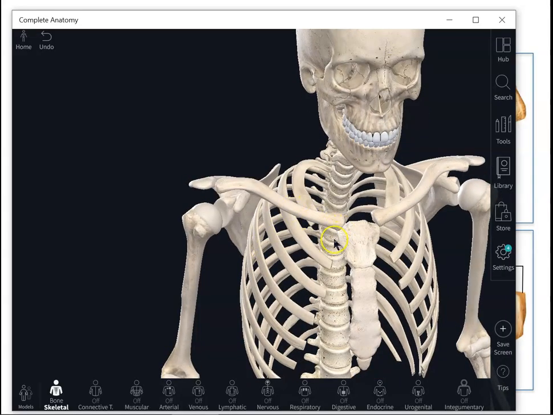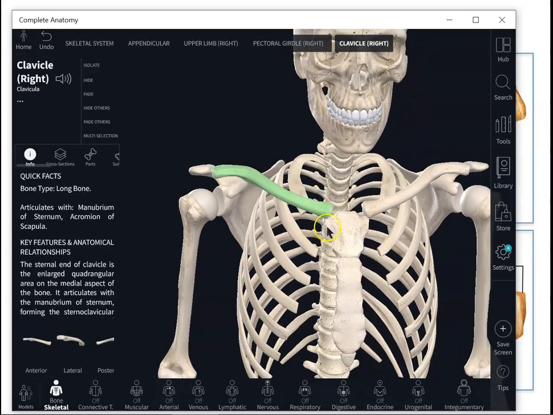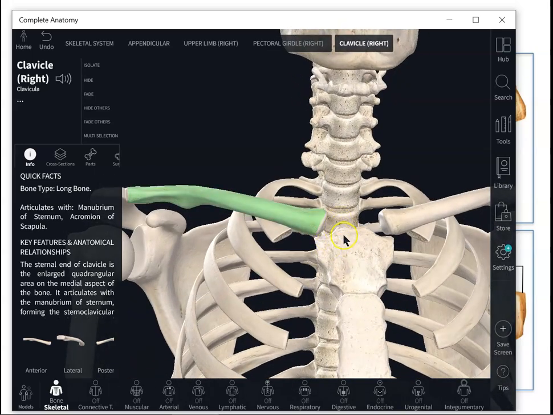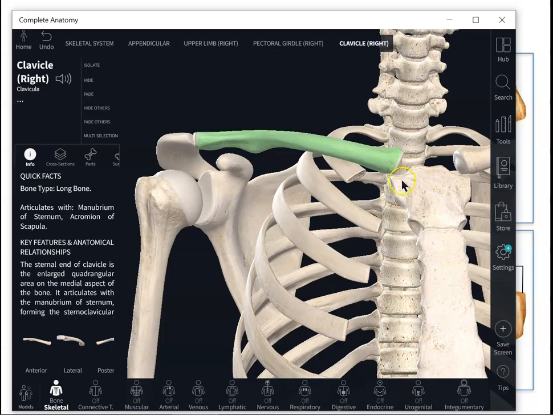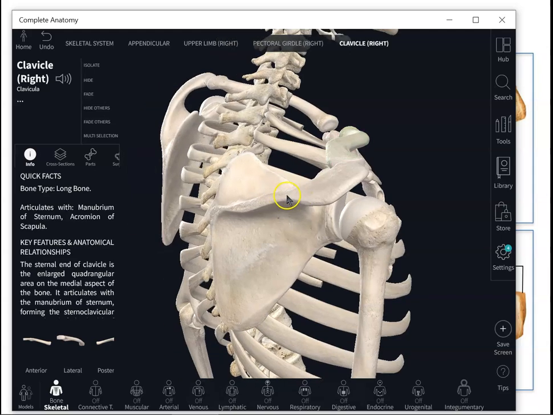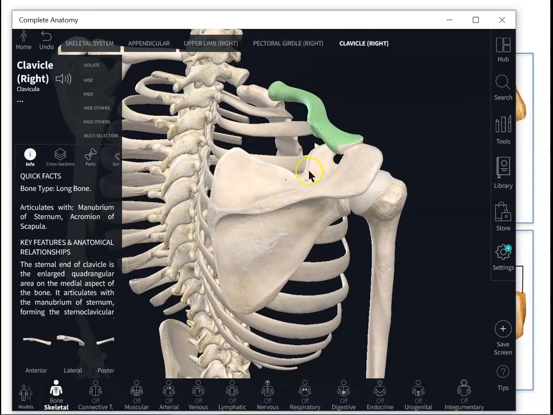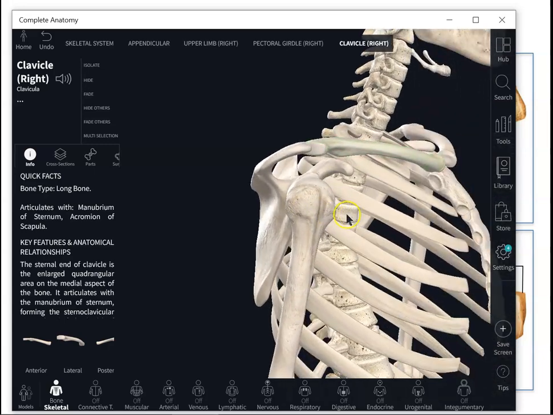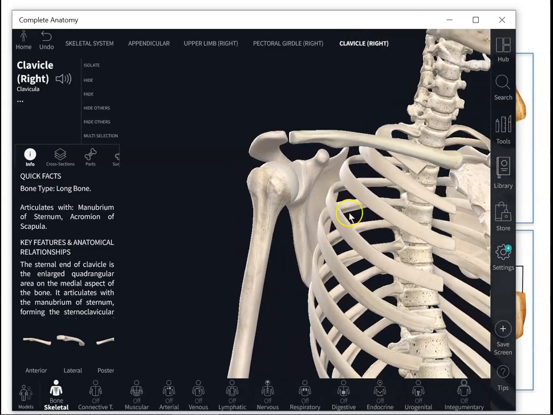That's a clavicle, and it goes from here where it forms a joint with the manubrium of the sternum, all the way to here where it forms a joint with the acromion process of the scapula. The acromial end of the clavicle forms a joint with the acromion process of the scapula, or the acromion of the scapula. And if you look carefully there,